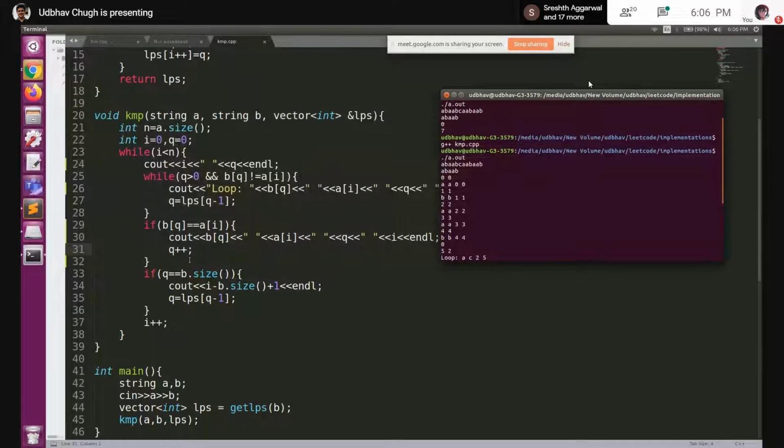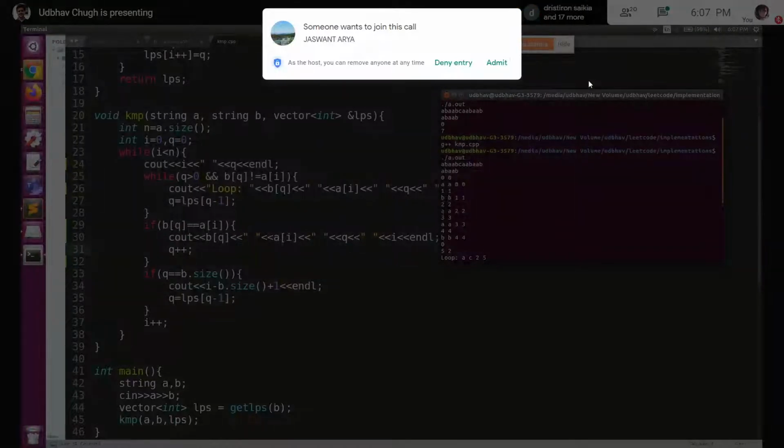So now Q is 1 and I is anyways incremented at the end every time. And since Q is not equal to B dot size yet, we don't have to do anything. So next time we enter the loop, I and Q both are 1. So we have to compare this B and this B. So if you see, for the first time BB are also equal, then AA are also equal, AA are also equal, BB is also equal.